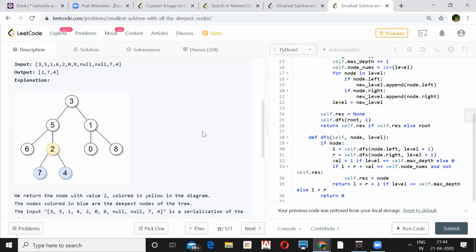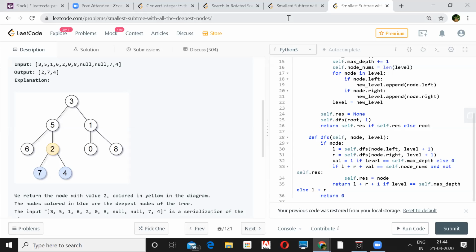Yeah, so you would first go find the depths at each level, right? That will be one traversal, and then again you will do a BFS. Yes. And then after BFS, while you are coming back, maybe backtracking, at that time you are going to find out which node is the one. Yes, because at any level, I want only one node which comprises all the nodes which are at the deepest levels, right?